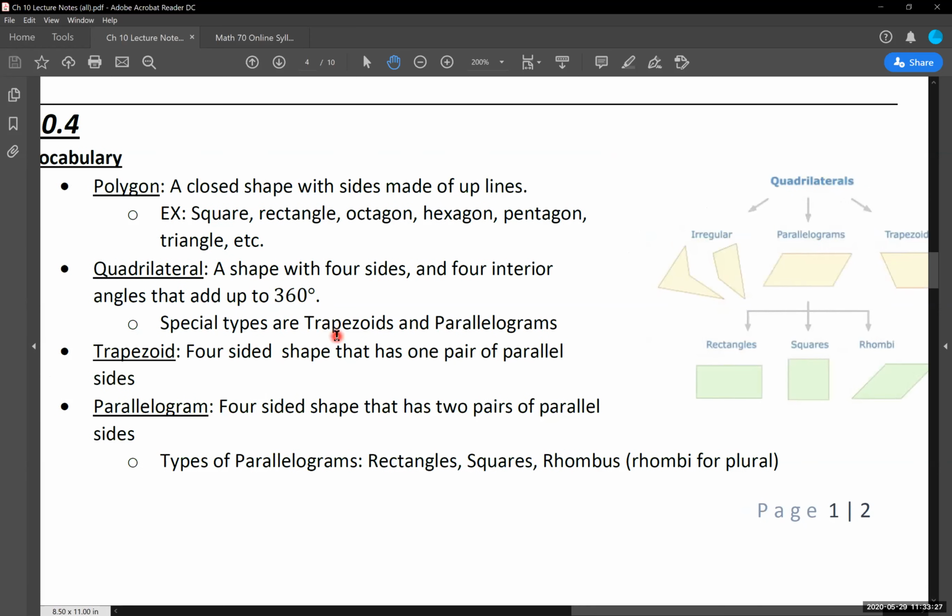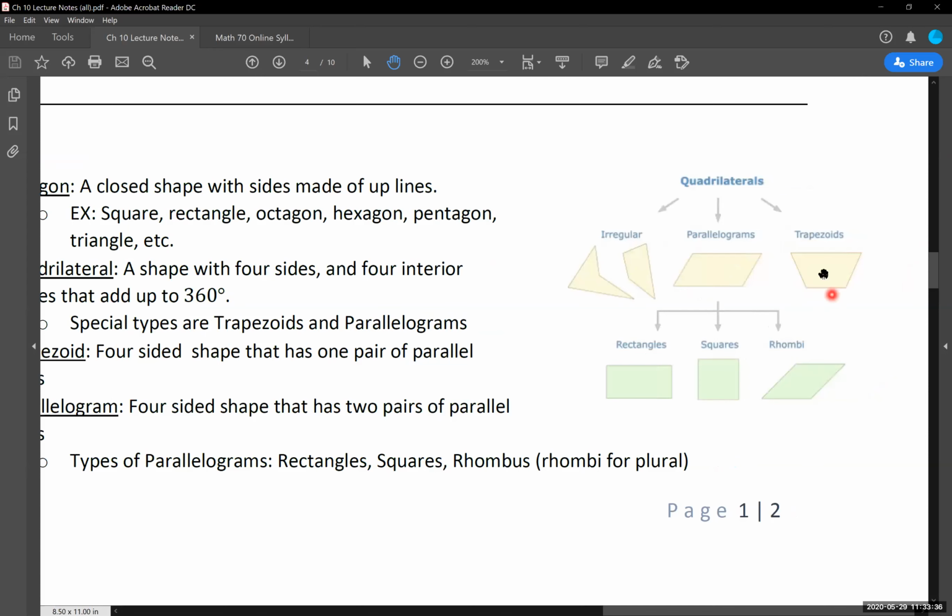So trapezoids, primarily, are 4-sided shapes that have 1 pair of parallel sides. So if we look at this trapezoid, we're seeing this top line and this bottom line are running parallel to one another. And that's the only requirement that we have for trapezoids: this line is parallel to this one. That's all we need. We don't care about if these are parallel on the sides. They could be equal to one another. They could be different. Who cares?